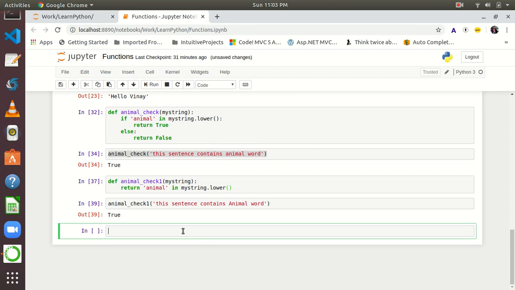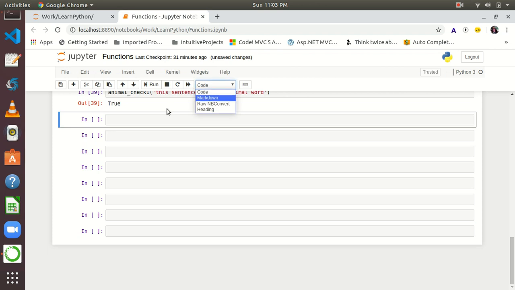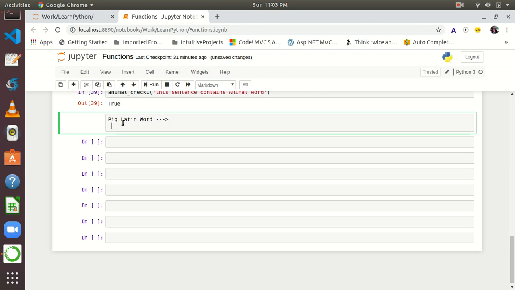Now one more exercise we are going to do. What we are going to do? We are going to write a method which is actually going to return a pig Latin word. What does that pig Latin word mean? If your word starts with vowels, it should return